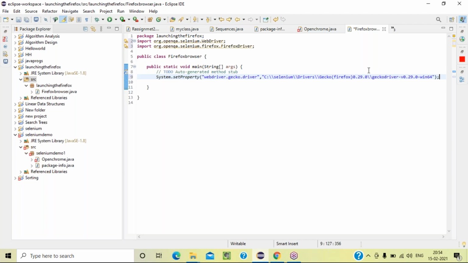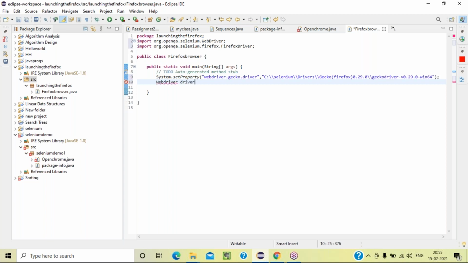Okay, come down. Now what do we need to do, guys? Now we need to initialize the WebDriver. We need to create the object for the WebDriver. Write WebDriver driver, very easy, guys. That is the object name, and memory allocation will happen here.